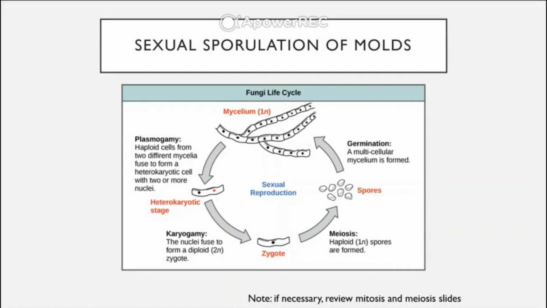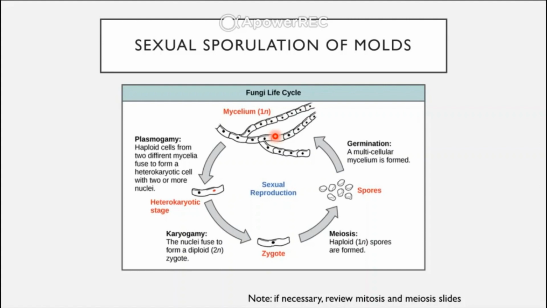In this slide here, you'll see the genetic cycle of sexual sporulation of molds. If we could start over at the spore section on the right-hand side, we'll see that these spores can germinate, and a multicellular mycelium is formed from this, as seen here. The mycelium is actually haploid, and if you need a review of biology, mitosis, and meiosis, I will post some slides under this unit for a little review if you would like to do so. But if you remember what haploid means, then you should sort of understand that process.